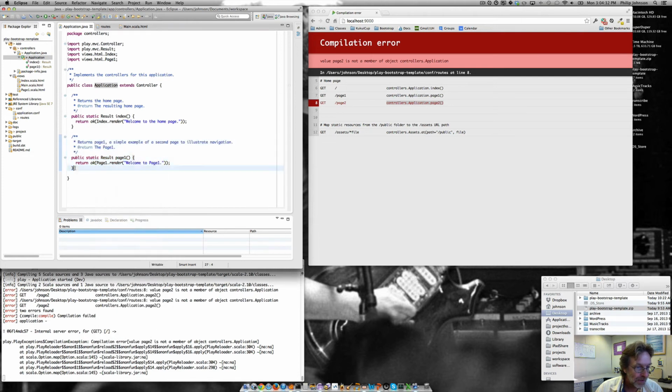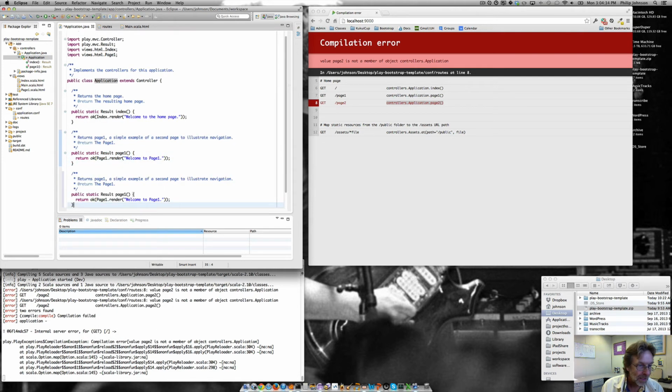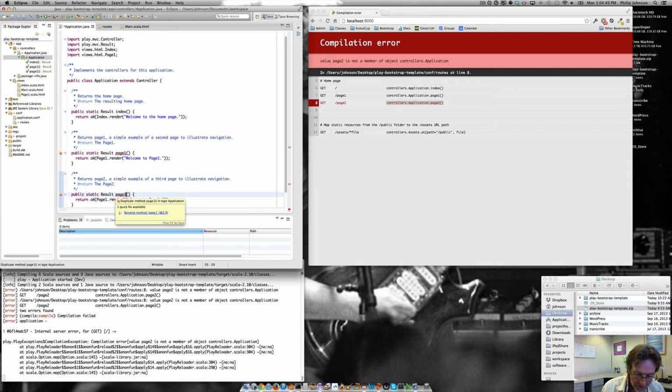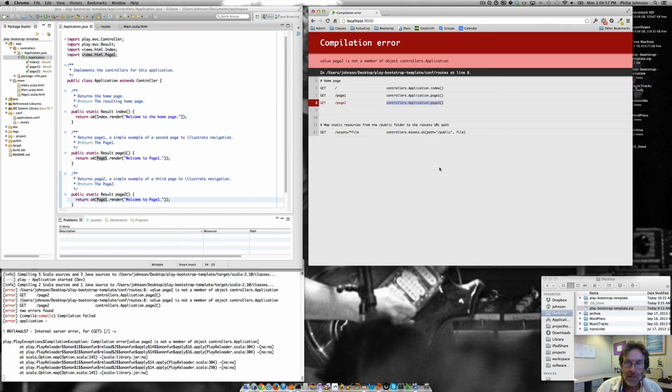So I'll say copy. And I'll say returns page 2. And I guess I'll say this is a third page. And page 2. And page 2. And maybe I'll just keep this like that for this second. Okay, so now I'm going to